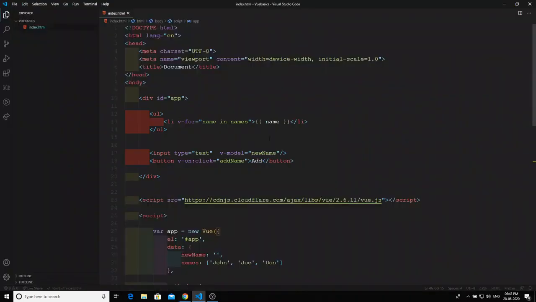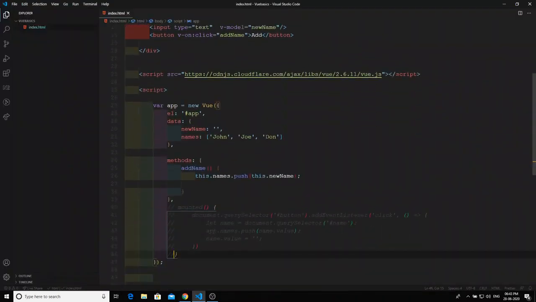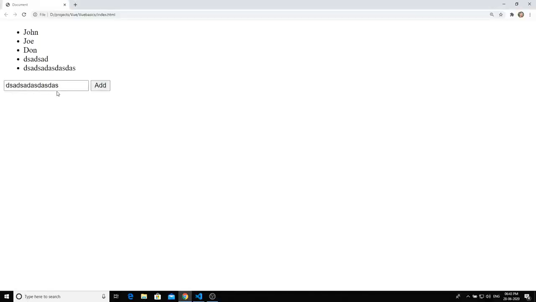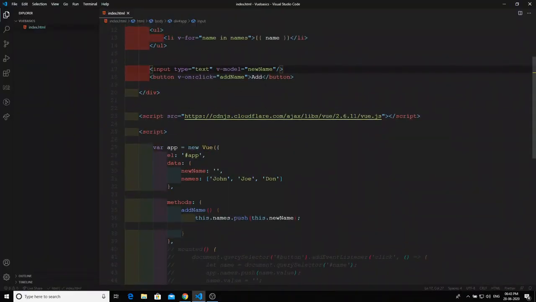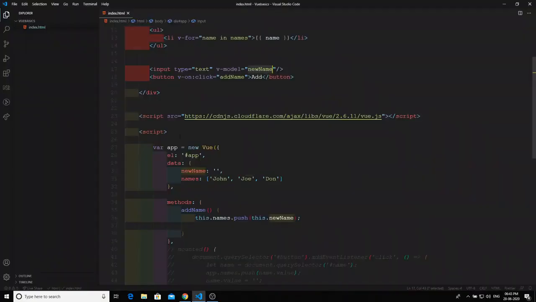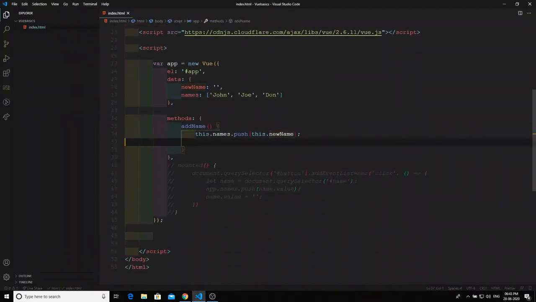Previously we did that using traditional vanilla JavaScript, right? Now we will use the v-model. Here newName is the variable representing this input box. If you empty this newName variable, this input box will automatically become empty because of reactivity and two-way binding. After adding newName into the names array, we just make newName equal to empty.